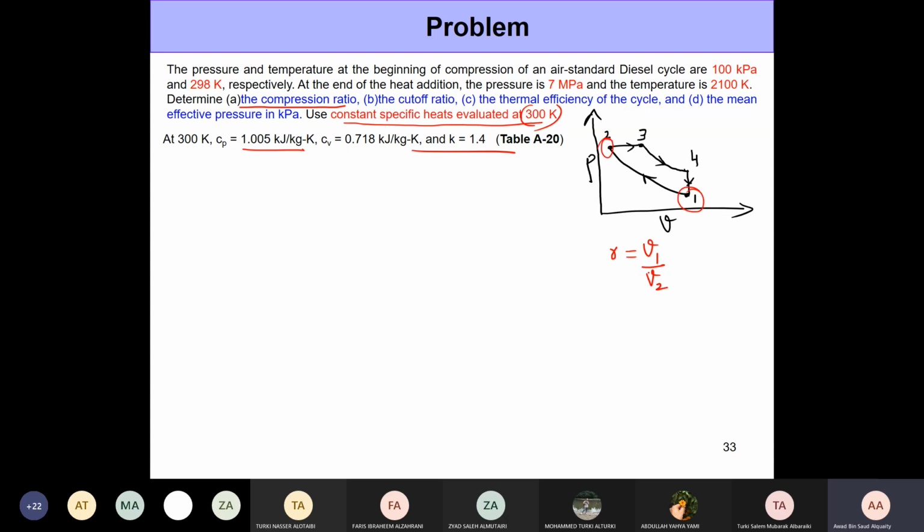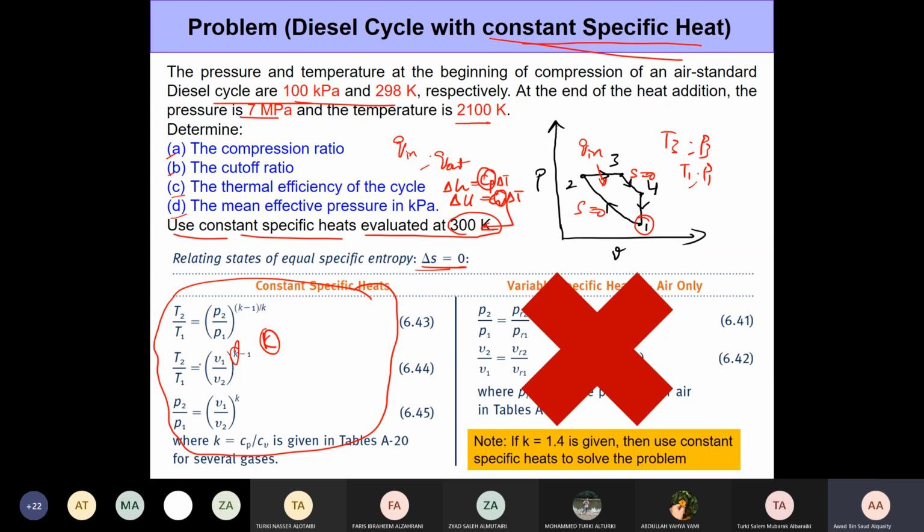So we're basically looking at the ratio of V1 to V2. Now we need to remember that the process 1 to 2 is an isentropic process. So we can make use of the relations between temperature and pressure ratios and temperature and specific volume ratios. Now we want to determine this V1 by V2, right? And if we go back and look at this formula here, if we had T1 and T2, we would be able to simply determine the ratio V1 by V2 by plugging into this equation.